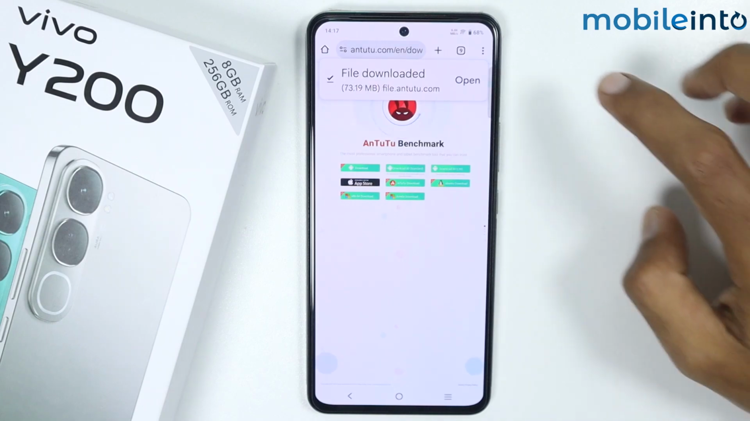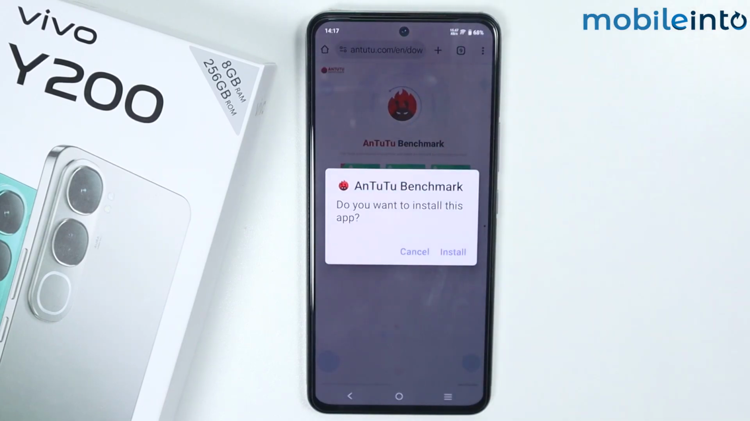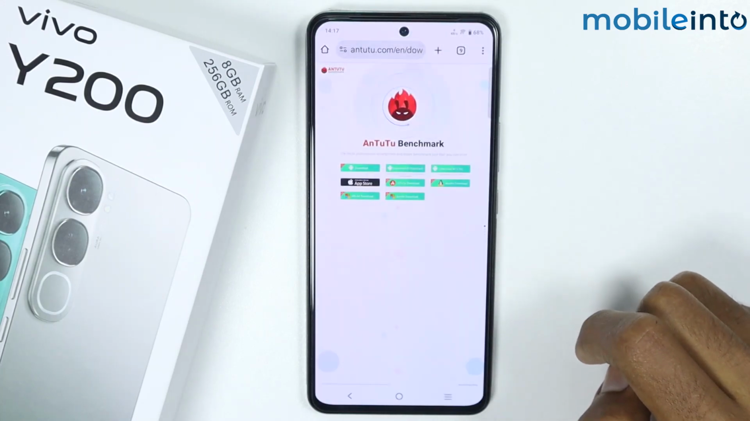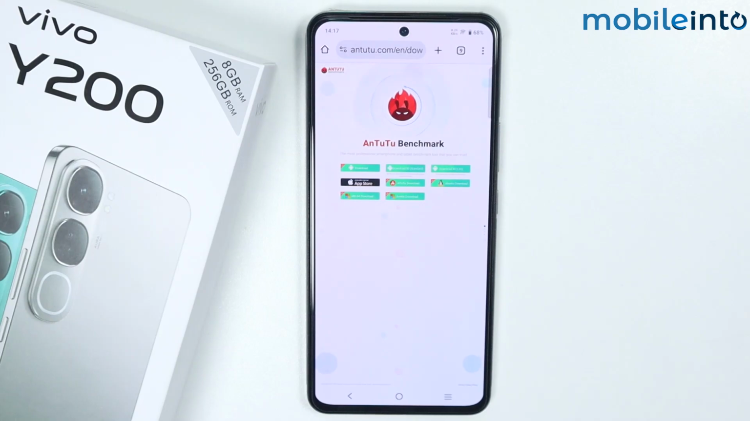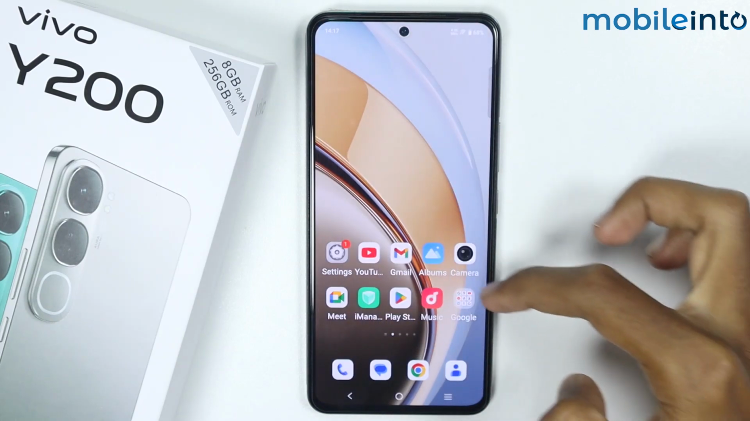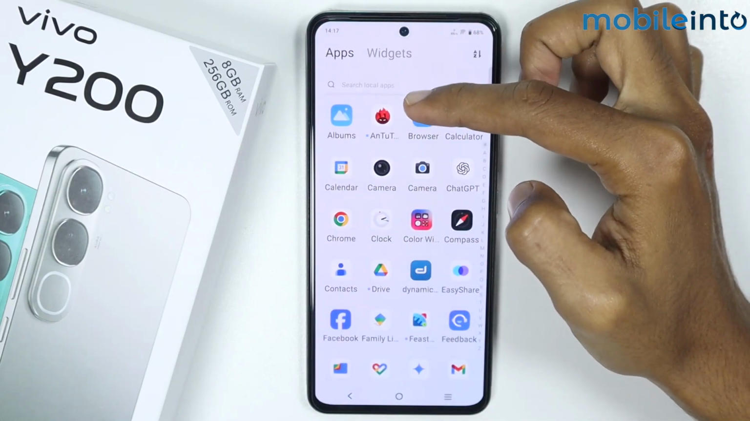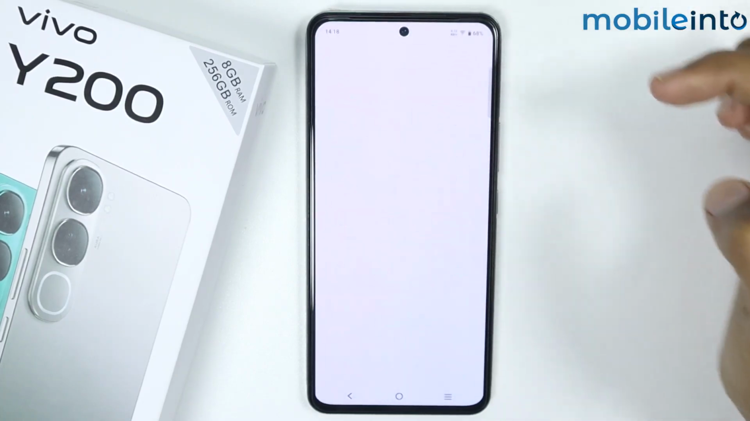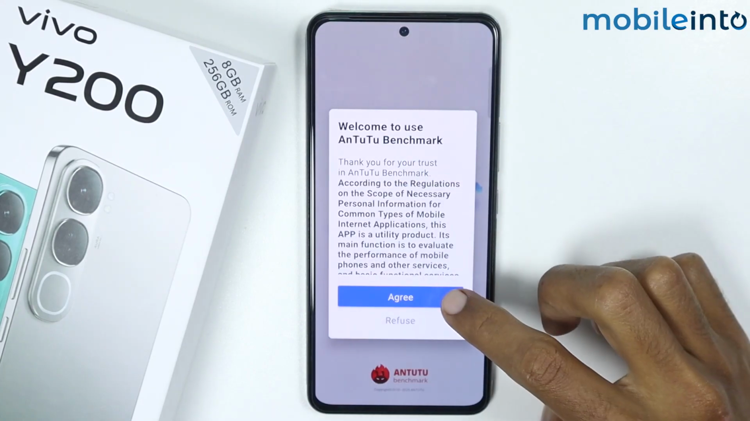Now from here just tap on open and tap on install. And once you have done that, just tap on open. Now just go to your home screen and open the app drawer. Now as you can see, this is the AnTuTu Benchmark application. Just tap on it. Now just tap on agree